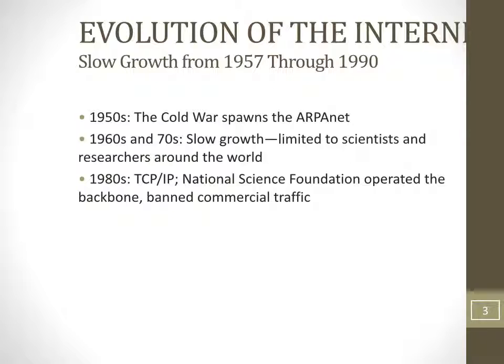And then certainly what happened in the 80s, and even more so in the 90s, is that it began to be utilized mostly for communication purposes between organizations outside the military and universities. And in the 90s, it became commercialized.